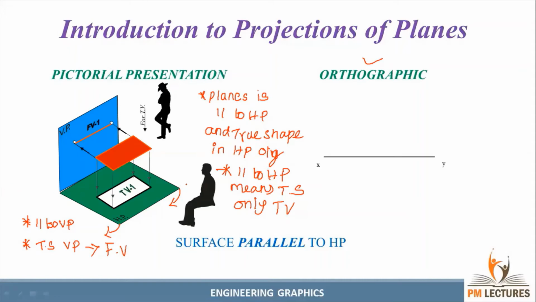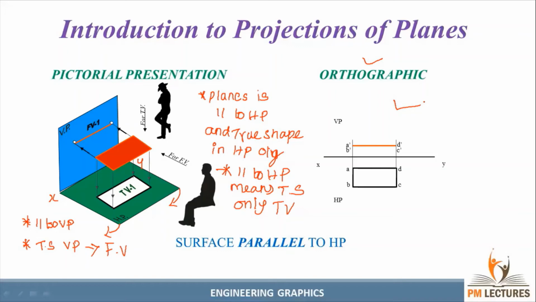So if I rotate it, what will we get? The front view will be above HP, and the top view will automatically be, see, this is the XY plane. If I move the plane downwards, it will be below XY. Now you can understand, guys, easily. Okay, so once again, repeating, a very important thing. The plane parallel to HP means we can get the true shape only in the HP, and the true shape will be visualized only in the top view. If the plane is parallel to VP, we can get the true shape in the VP only, and that also we can visualize from the front view only.